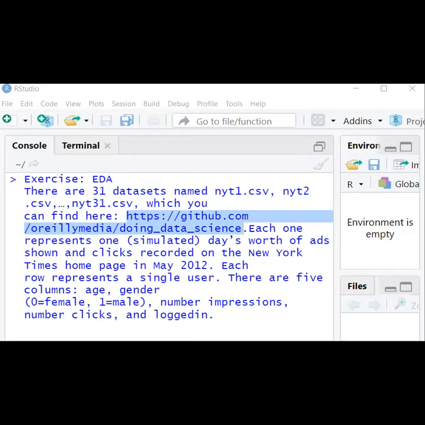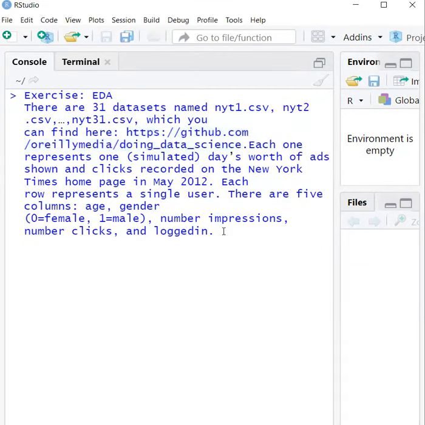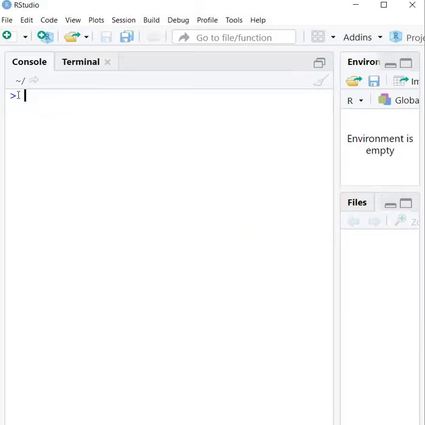Now let us see how to handle this data. First thing is we need to load the data set. The data set is present at a particular URL.